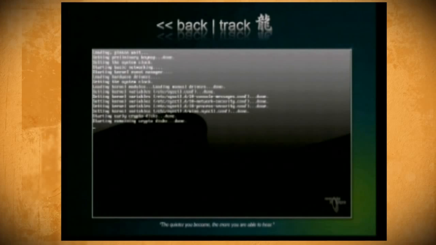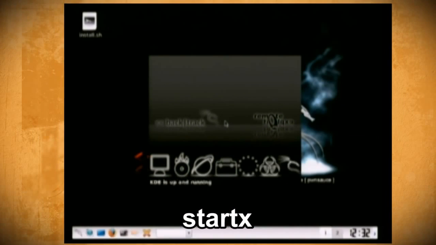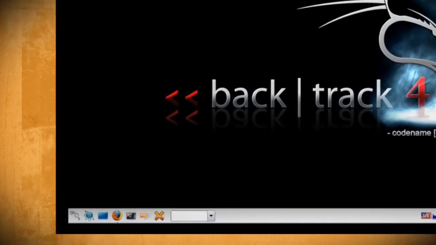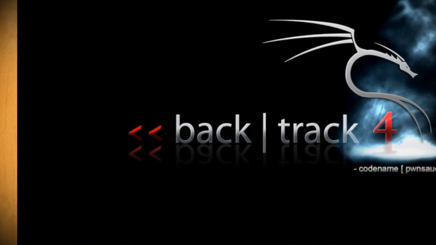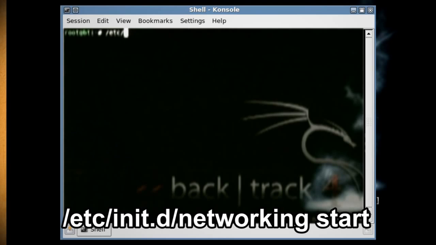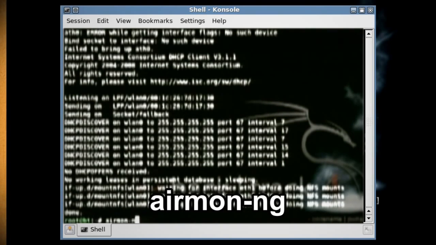Let it run until you get this page and type startx to start the interface. Your desktop should now look like this, and you want to go down to the taskbar and click on the command console icon to launch a command terminal. And the first thing that we want to do is start up networking, so type /etc/init.d/networking start. Next we want to set the wireless card into monitor mode, so type in airmon-ng and find out